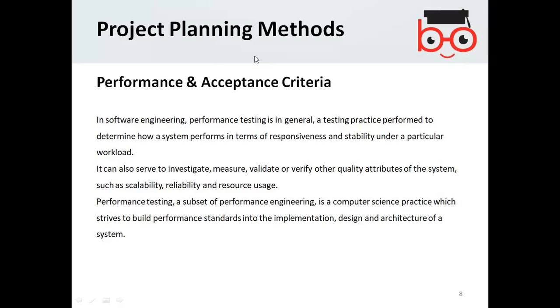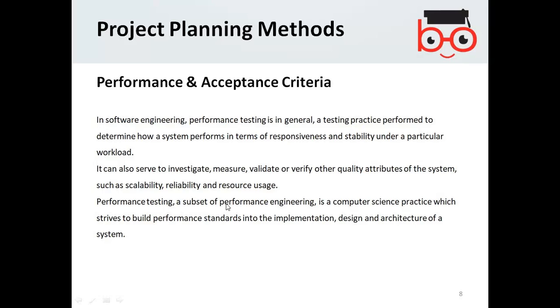So your project performance and acceptance criteria is basically the investigation and measurement, validation and verification of the quality of the project, such as whether the project is scalable, whether it is reliable, and resource usage. So performance and acceptance of the project is basically the verification and validation of the project, which may include scalability, reliability, authenticity, and many more quality terms, non-functional terms to be considered for the performance and acceptance.